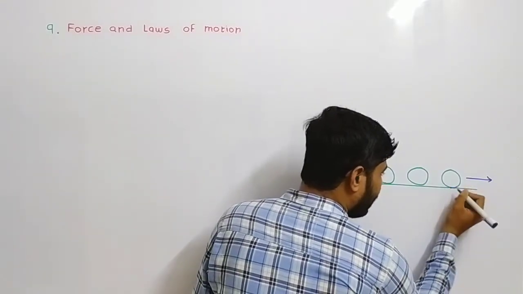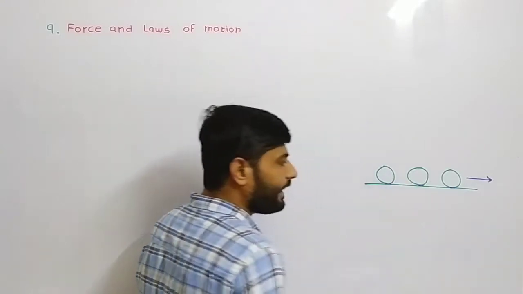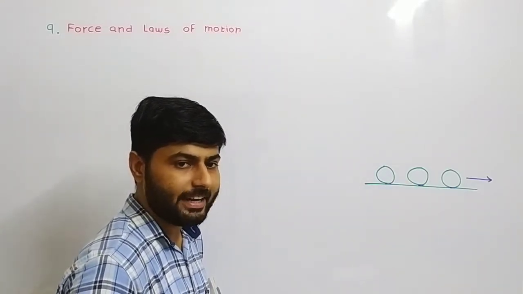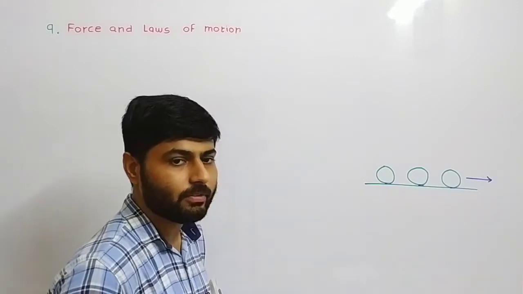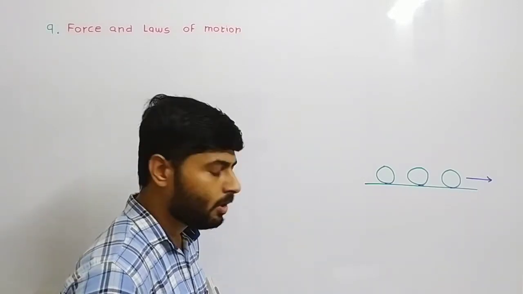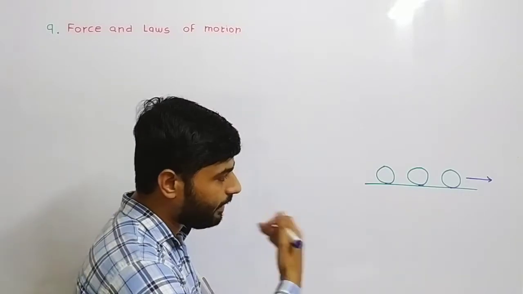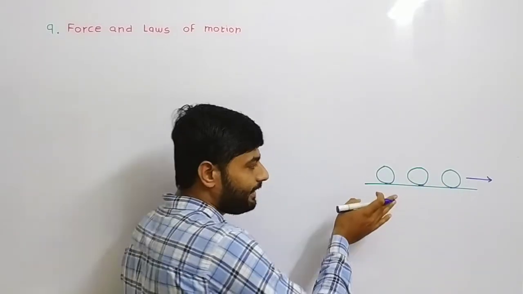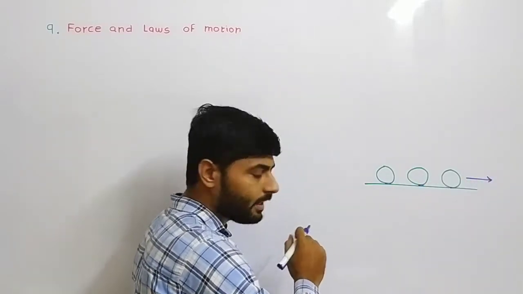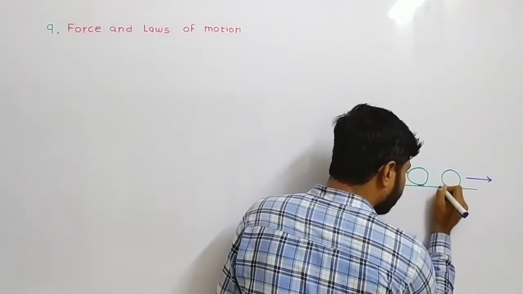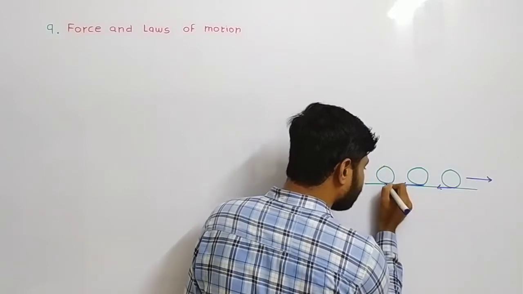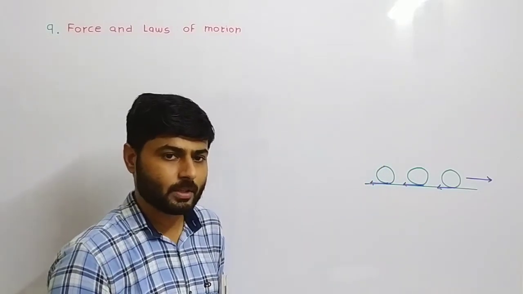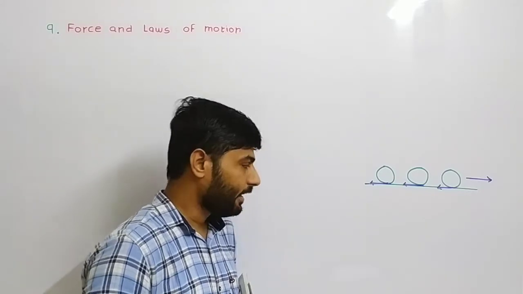At the same time, here at the contact surface, frictional force tries to oppose this acceleration of the engine and wagons. So the friction force will be in the opposite direction. If the motion of the train is in this direction, then the frictional force is in this direction. Frictional force will be in the opposite direction. So we have values here.